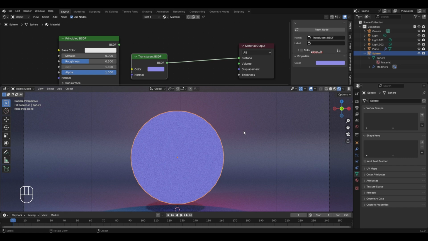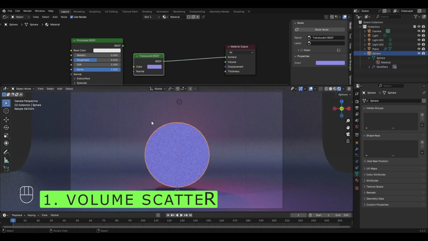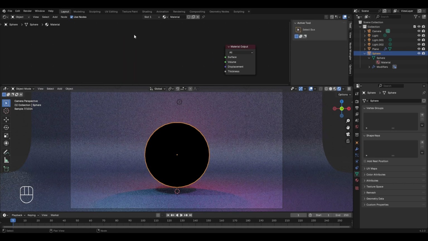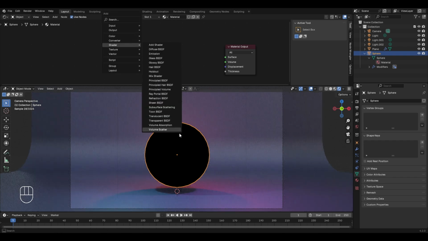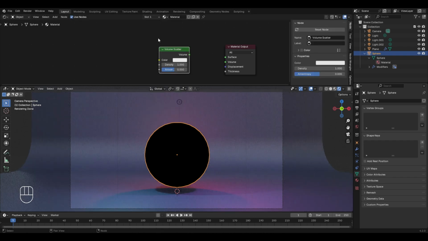So I've opened this file where we understand the different types of shaders and even create our own materials. And now the first topic for this chapter is understanding the volume scatter node. But before that, let's also delete the translucent BSDF and the principled BSDF nodes in the shader editor. So with both of them selected, press X, now press Shift plus A, then go to Shader and select the volume scatter node. Let's place it over here, and before explaining this node, I should also tell you